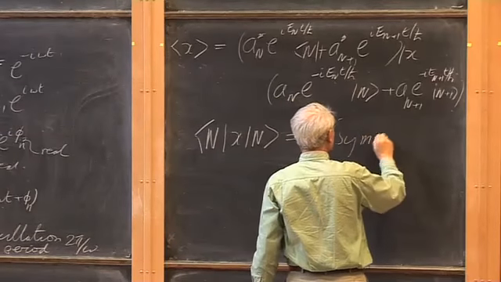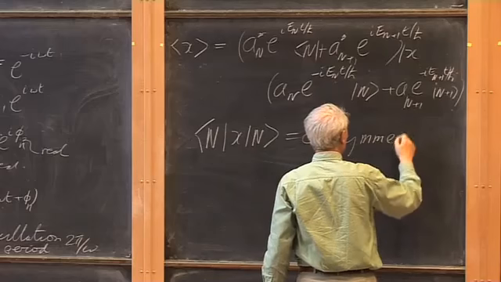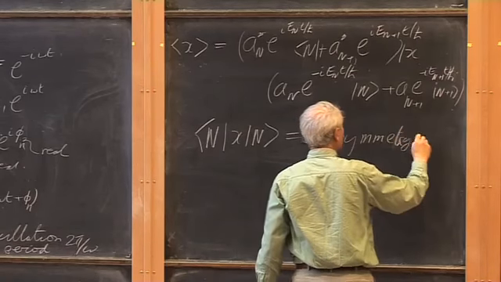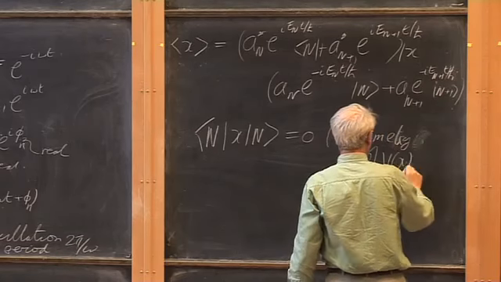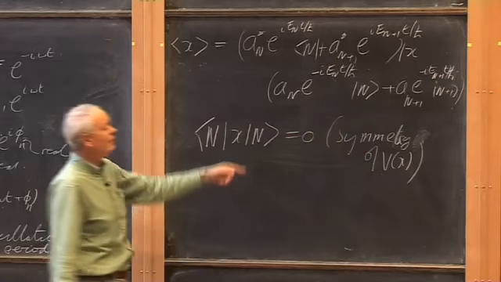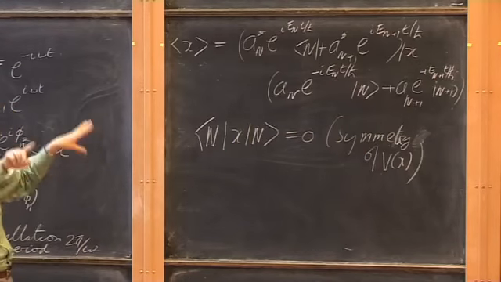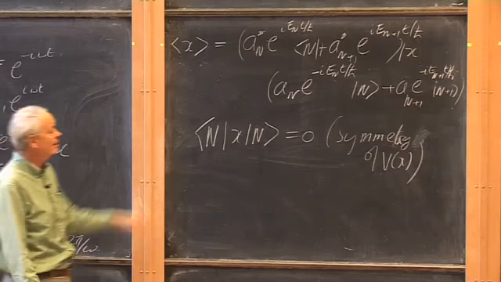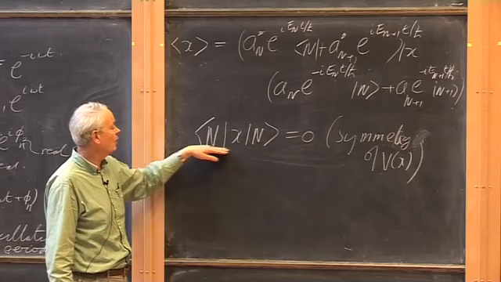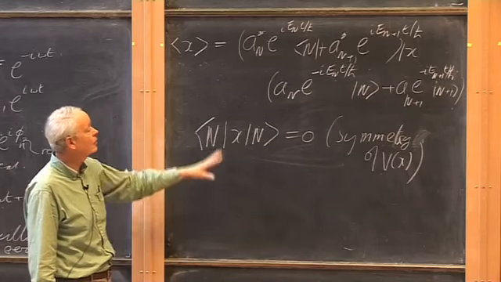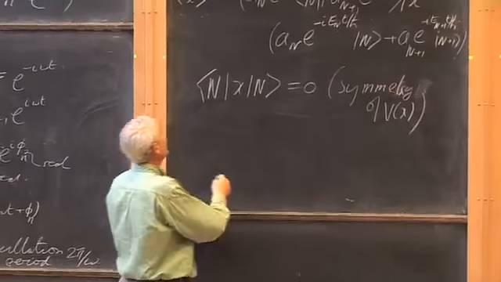So this follows from symmetry of V of x, that V of x is an even function of x. So long as V of x, the potential, is an even function, the same behavior at minus x as plus x, this will vanish. We will show this as we go along. I haven't shown it yet, but that will be true. So given that that's so,